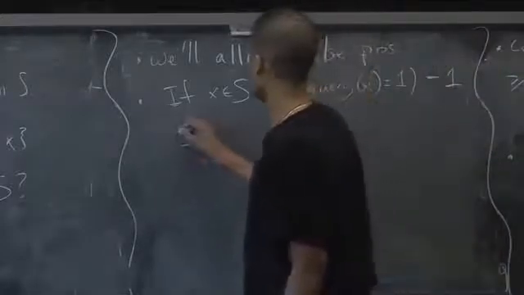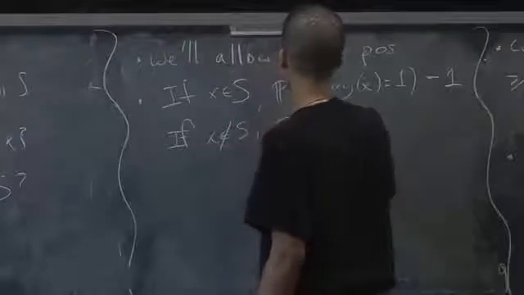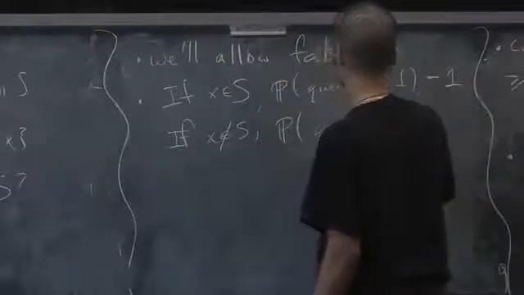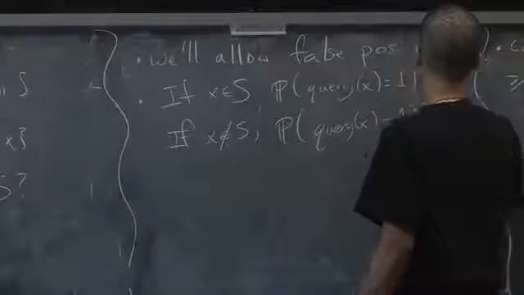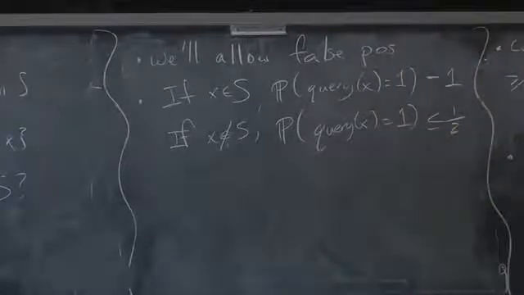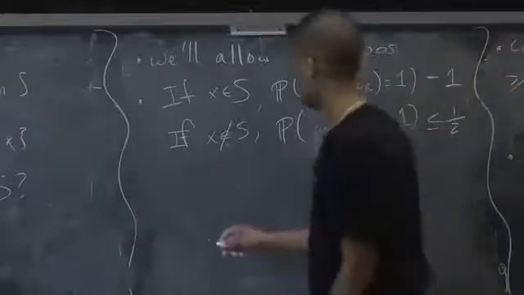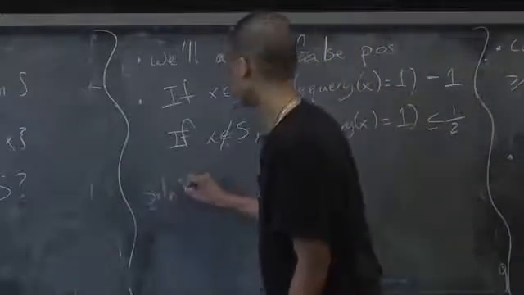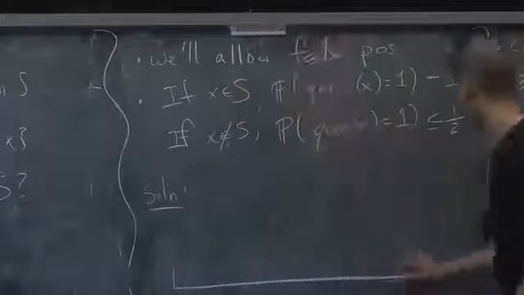And if x is not in S, the probability that query of x is 1 should be at most a half. So this is some randomized guarantee with a probability of failing. And the data structure that gives you this is extremely simple. So the solution is we make an array